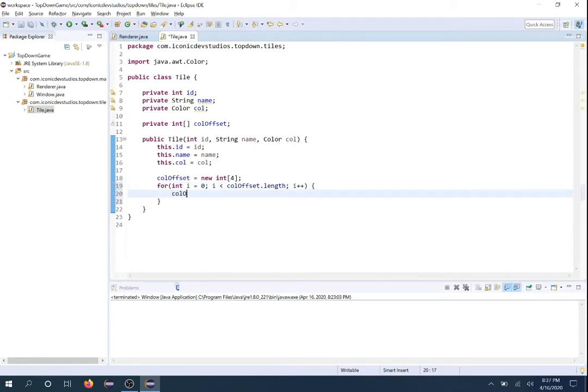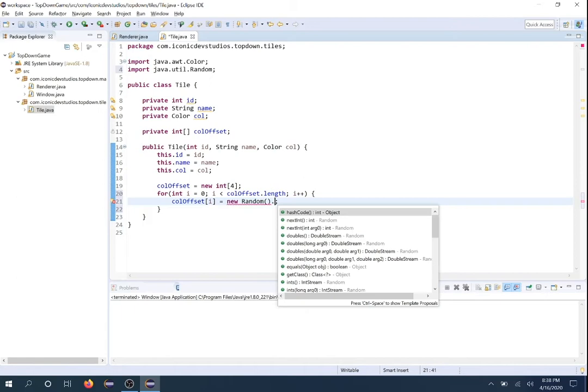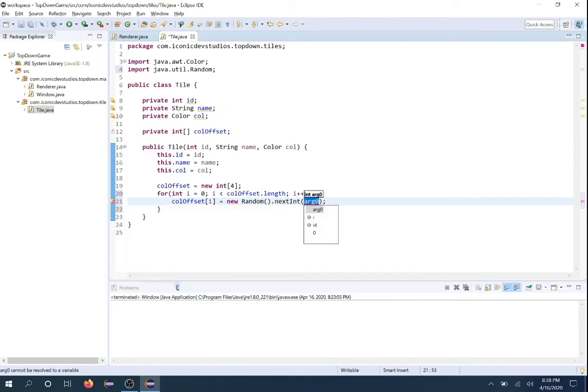So we want to do colOffset at i is equal to a new Random, and let's just change that amount by, we'll say, 16, either negative or positive by 16. So we want, oh, don't forget to import Random. So we want to do nextInt, and because we're going minus or plus 16, we want to make the whole number 32 and just subtract that by 16. Alright, so now that we have that,